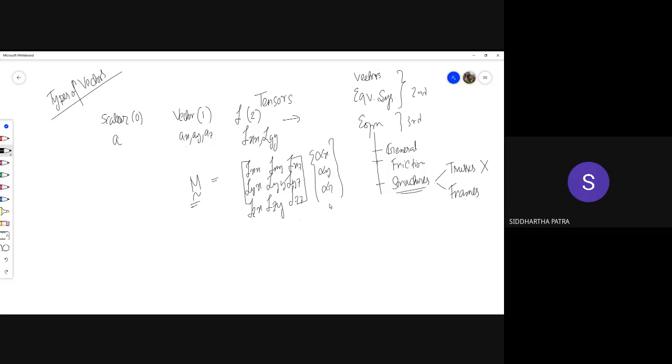Now, if there are two vectors on two sides and there has to be a linear relationship, what comes in between? There is a matrix. In this case, that is the moment of inertia matrix, and that is the second order tensor. That means to represent each component, you need two independent indices, x and y, x and z, y and z, etc. Now again, this is beyond the scope of our subject, but